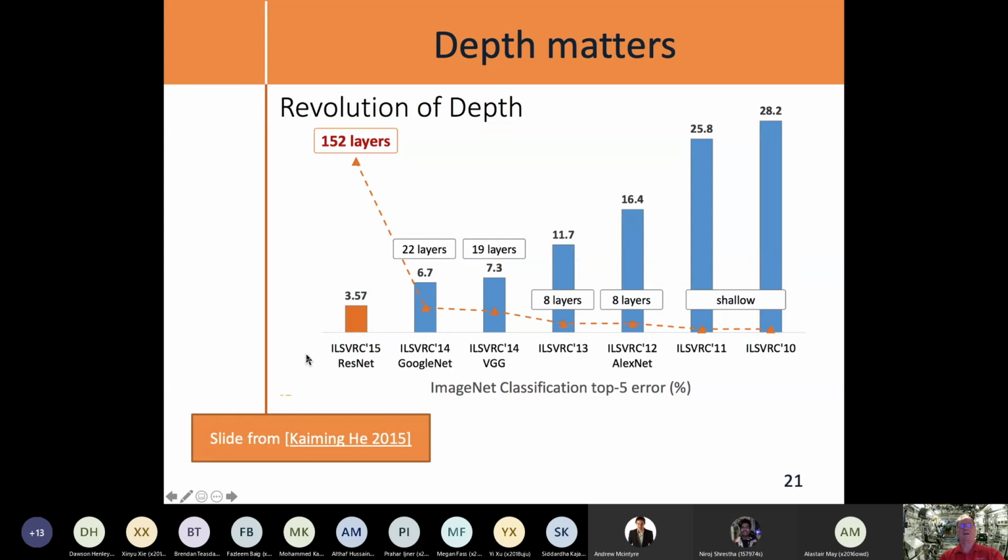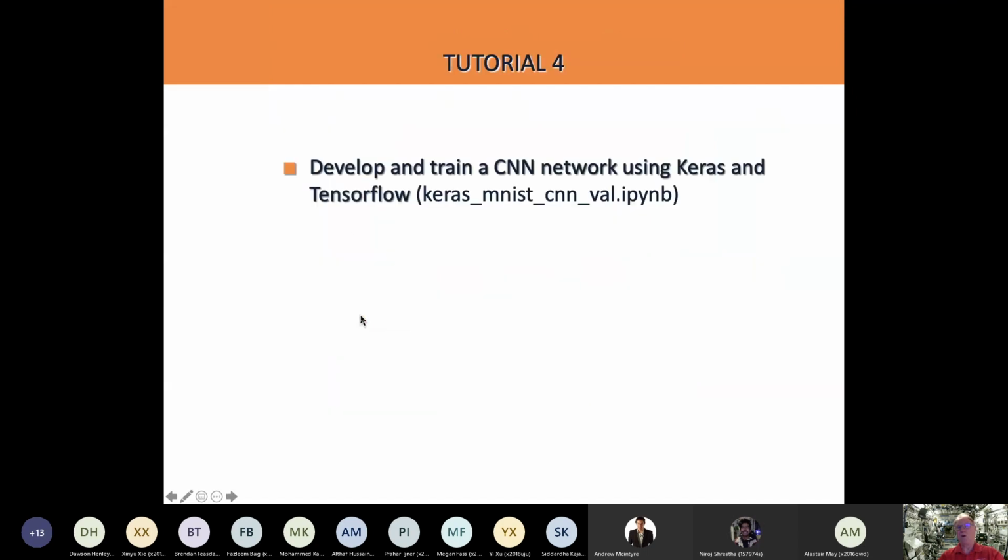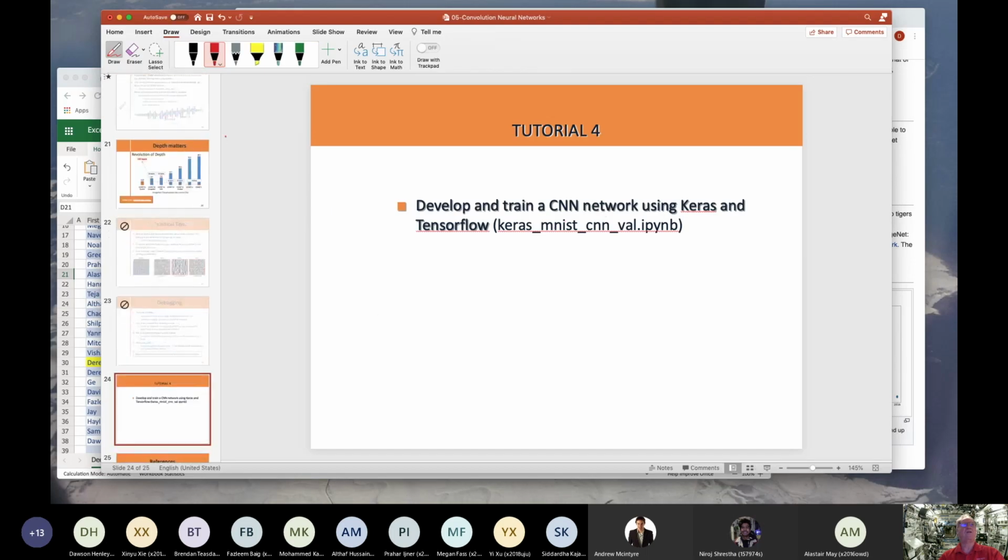2015. And this is, the other thing I'll point out here, look at the layers. These are really shallow, like 1 or 2, maybe 3 layer networks, 8, 19 layers, 22 layers. This one has 152 layers in it and makes use of that ReLU type of activation function that Andy told you about. So we're going to now try learning the MNIST data set, but with a CNN type model. And again, it uses a validation set to tune the model.